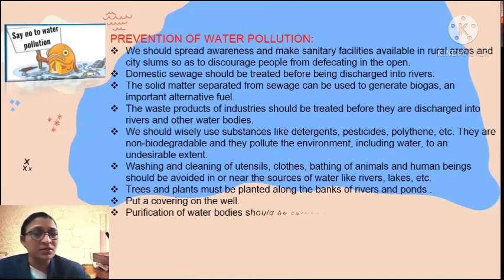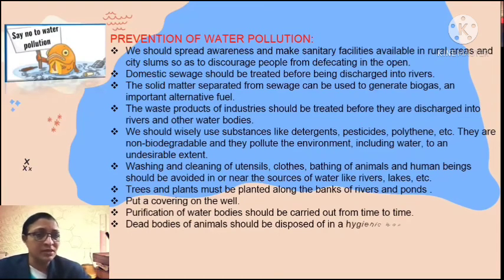The solid matter separated from sewage can be used to generate biogas and important alternative fuels. The waste products of industries should be treated before they are discharged into rivers and other water bodies.